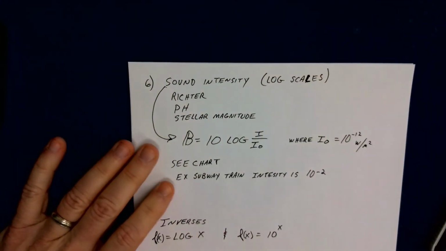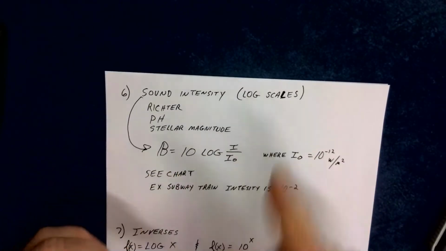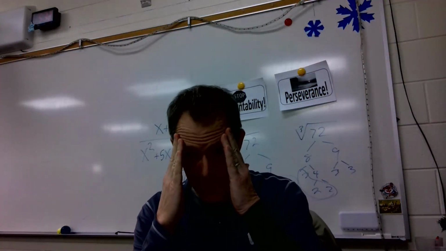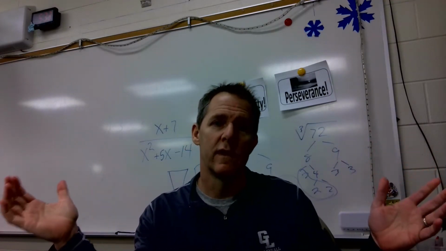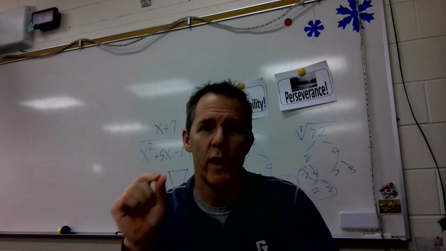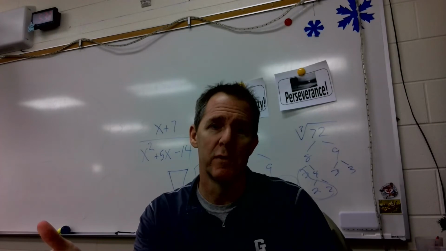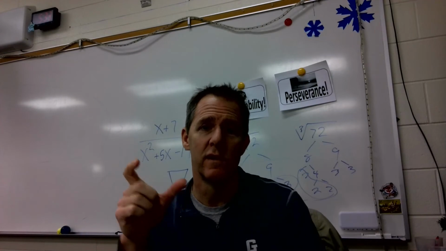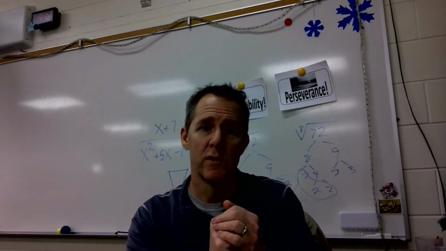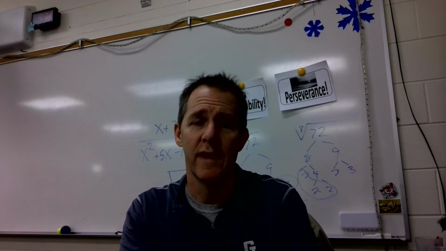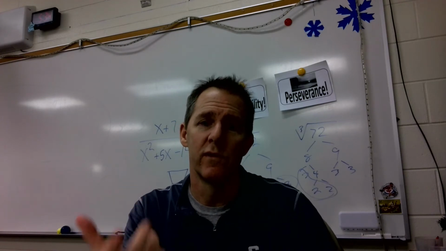So we have this thing called logarithmic scales. And why do we have logarithmic scales first? When we have numbers that have such a big spread in the size of the measurements, we tend to want to convert them to something that's a little bit more comparable. Now you guys know that we use this entire mathematical notation called scientific notation to represent really, really big numbers and really, really small numbers, right? Well, sometimes we want to be able to just convert it for specific things. So one of the things that we would talk about